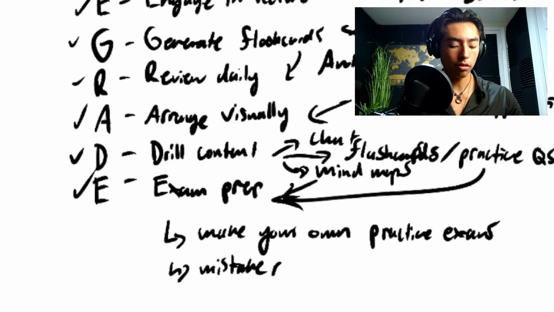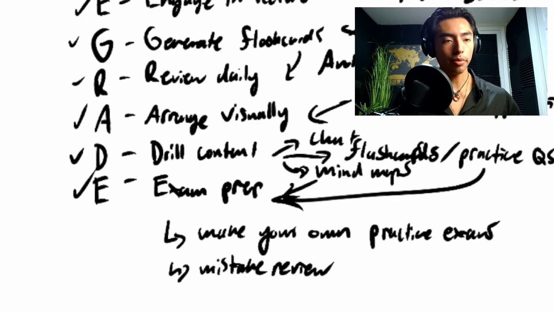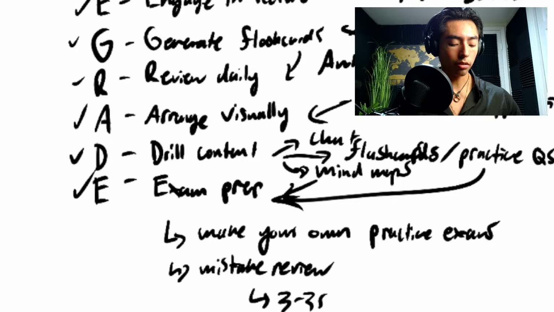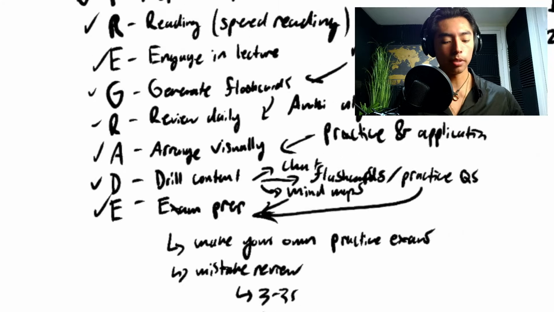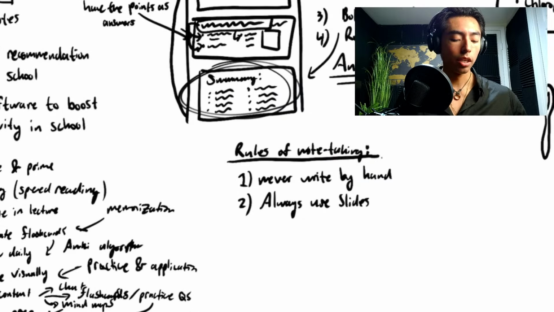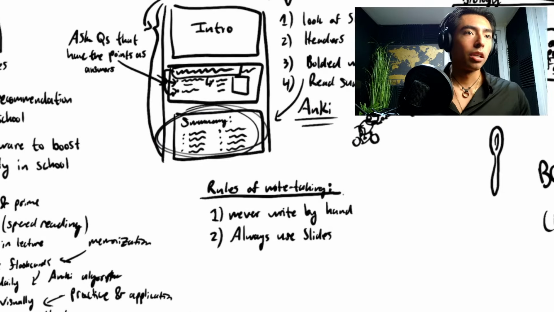Mistake review. And there's a very strict format that I adhere to for every question that I get wrong on these practice exams, just to make sure that I 100% will get it right on the actual test. And then, again, can't get it wrong. A subcomponent of that would be the 3 threes. But also there's a mistake review log. So that's something that I'm not going to cover here, but I cover that in other videos, or I will in the future. Okay, I hope that answers your question about